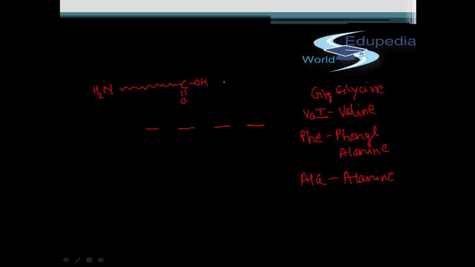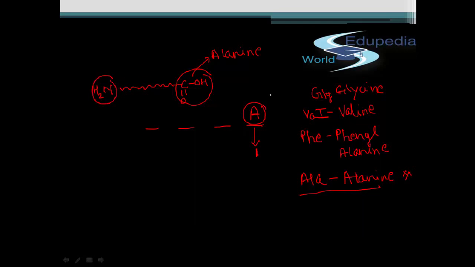Now the question says that the COOH group is on alanine. So this means that this particular position is fixed, and over here we can only have alanine. That is, we have one possibility for this position. It further says that the NH2 group is attached to a chiral center. So amongst the 4 amino acids, one is already gone at this position, and 3 are left.